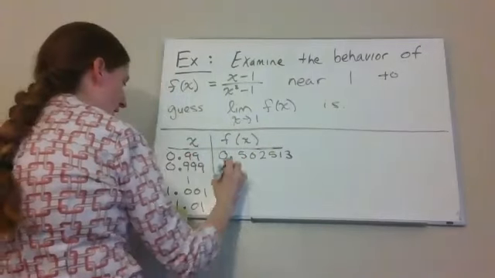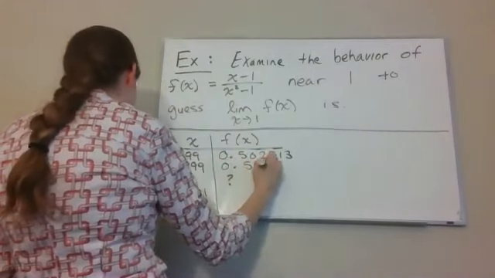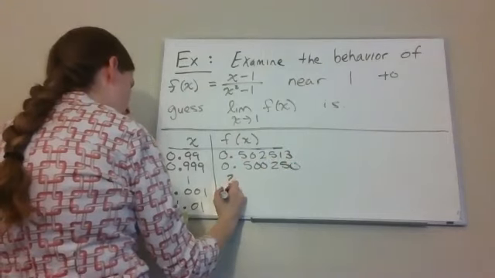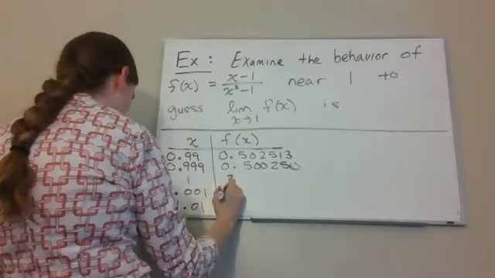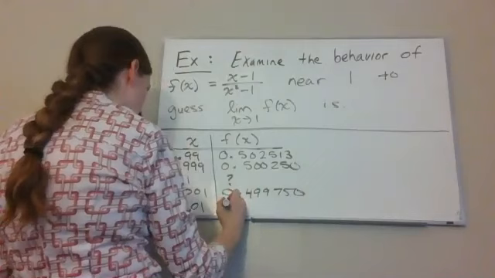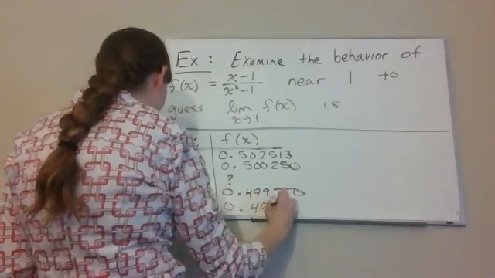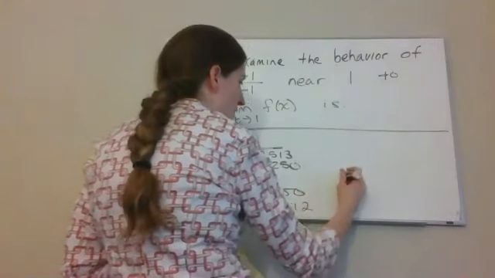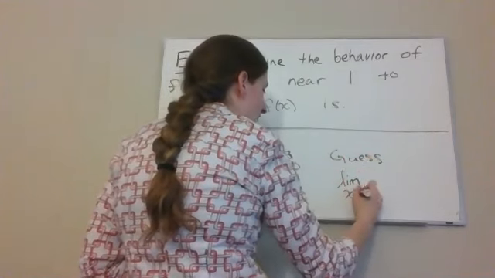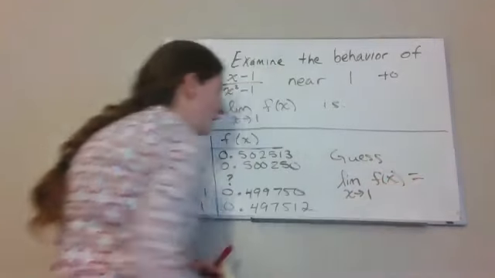0.502513. When I plug in 0.999, we get 0.500250. And then on the other side of 1, plugging in 1.001, we get 0.499750. And plugging in 1.01, we get 0.497512. So looking at this, we can guess that the limit as x approaches 1 of our function is, well,